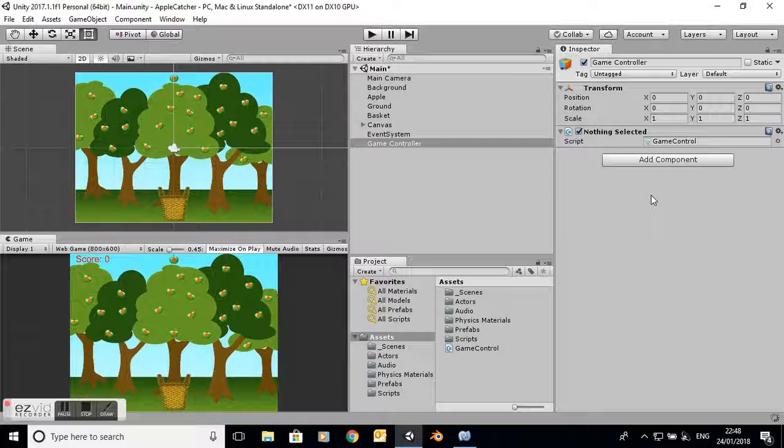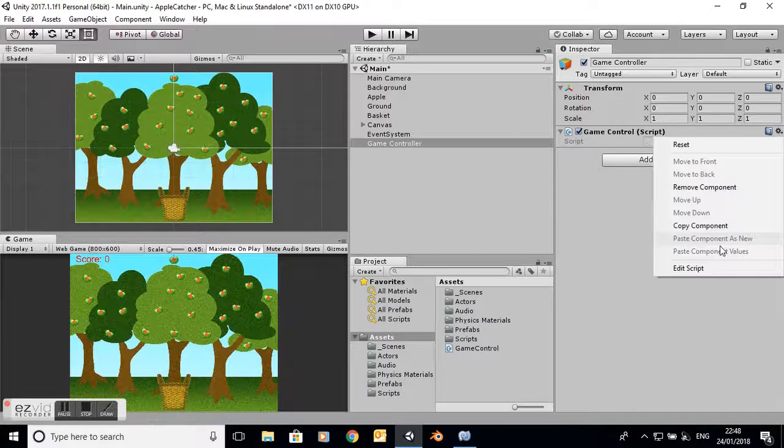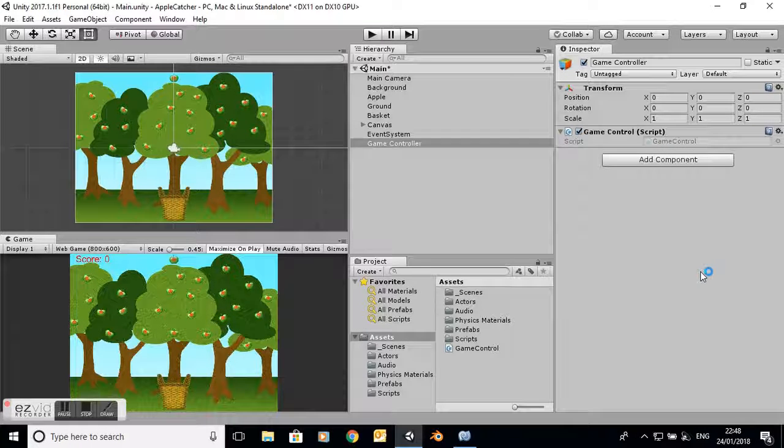Now this game control script has got two purposes really. The first purpose is to spawn apples at a regular rate, say once a second. The second purpose is to have a countdown timer which counts down from say 60 seconds to 0, and when it reaches 0 it says the game is over. Okay, so let's do the spawning apples first of all. So if we edit the script,